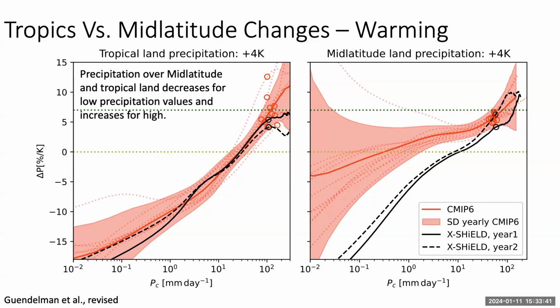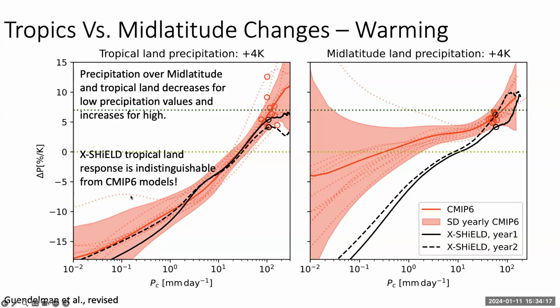And the precipitation over the mid-latitude, and so just describing the response, we can see that the response on X-SHiELD is similar for the mid-latitude and tropical land, where high values increase, low values decrease. The same happens on tropical land. But if we're looking at the comparison between X-SHiELD and CMIP6 models, it's interesting to see that the tropical land, where actually deep convection is